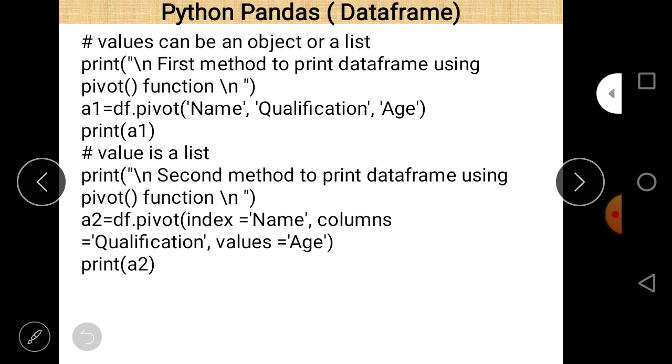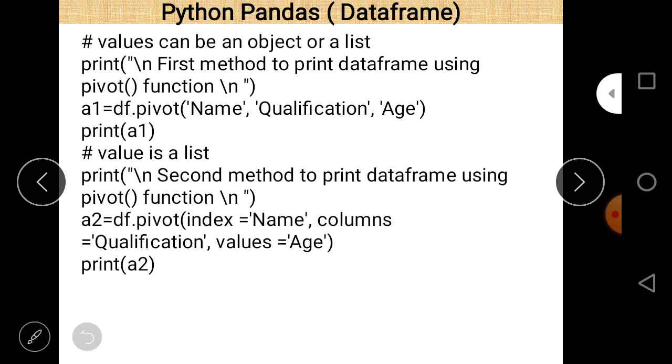The name of the new data frame is a1. Whenever we want to print a1, the values will be printed, in which by default the first value is the index, the second is the column, and the third is the value when we use the pivot function.